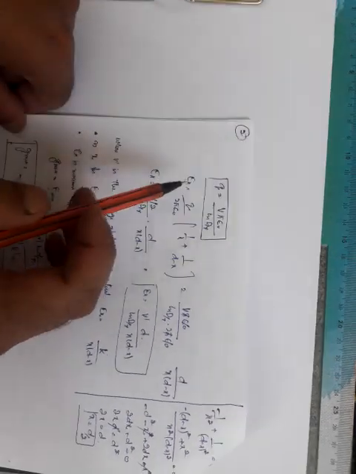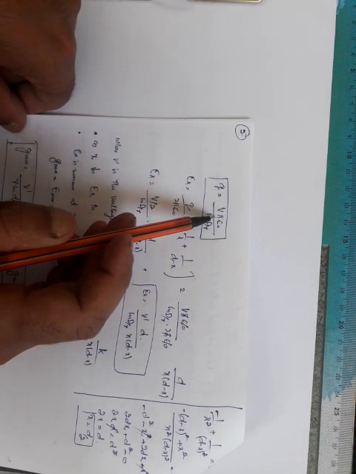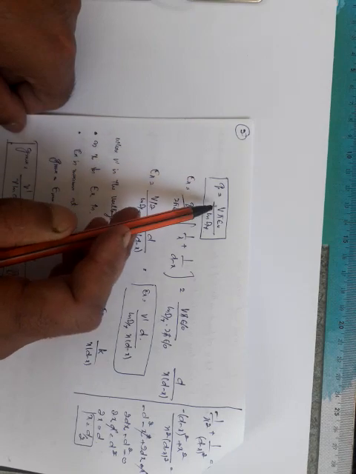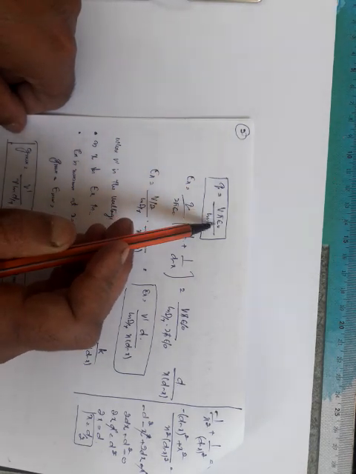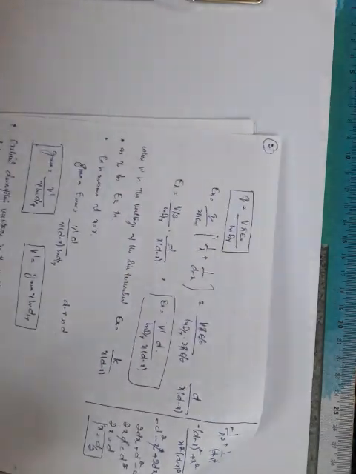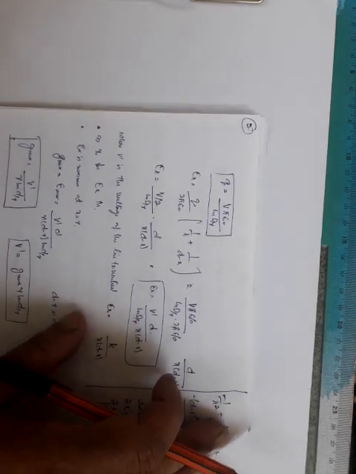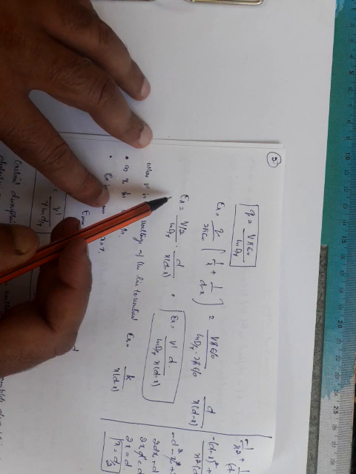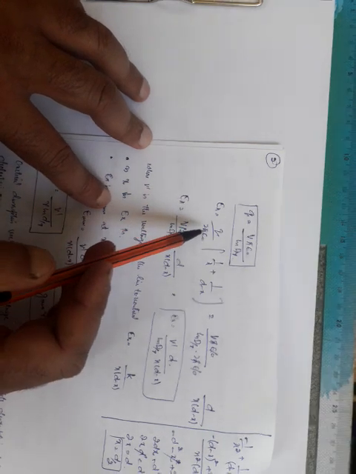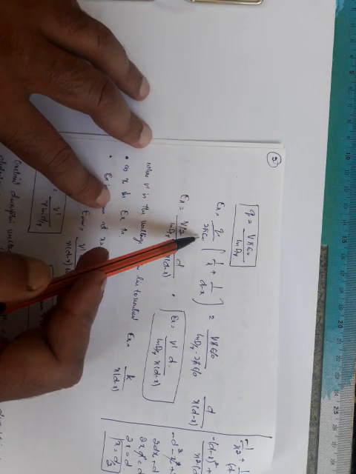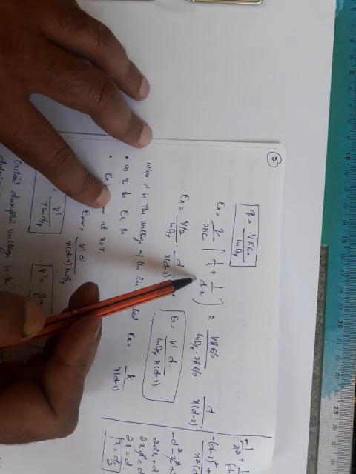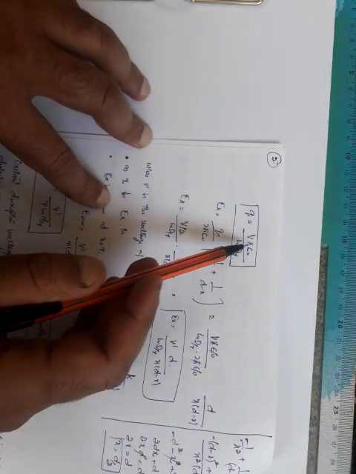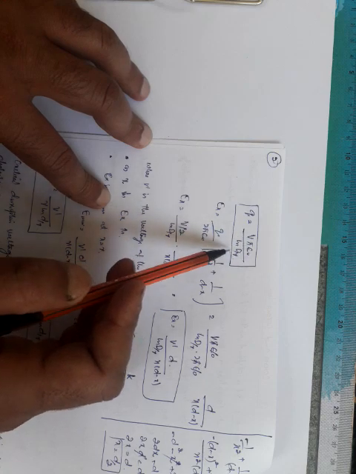So from this equation, q can be calculated as q equals V times pi epsilon naught divided by ln of d by r, because we have calculated V equals q divided by pi epsilon naught ln of d by r. So we take q to one side and the other parameters to the other side, because we want to actually calculate this electric field. We again go back to the electric field equation. It is equal to q by 2 pi epsilon 0 times (1 by x plus 1 by d minus x). So in place of q, we will write V pi epsilon naught over ln of d by r.